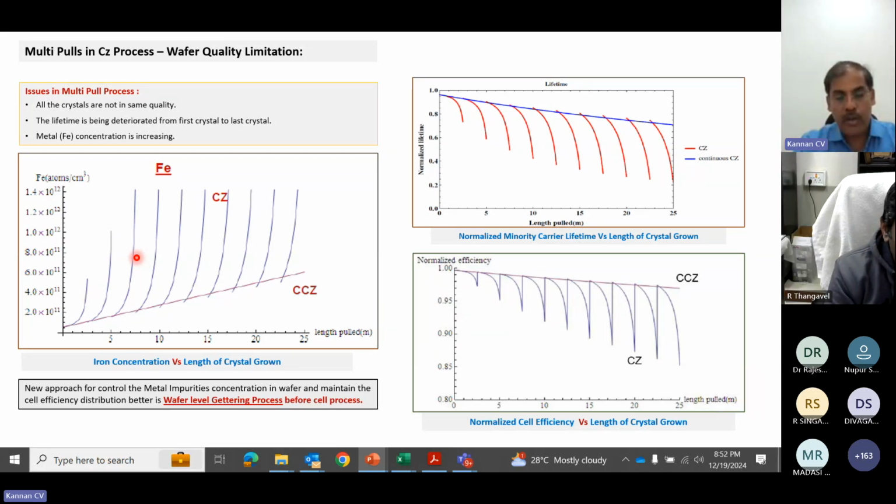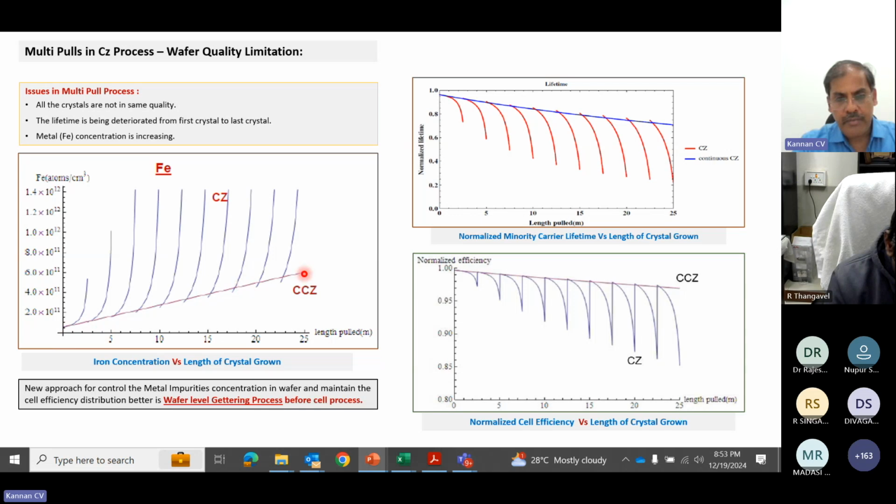So automatically, when you grow a number of crystals, you can maintain the resistivity, the oxygen concentration, carbon, everything. But the metallic impurities, or overall impurities concentration, you cannot maintain. So there will be a drastic increase. So if you see here,